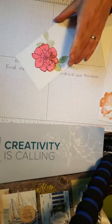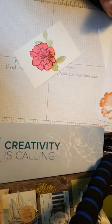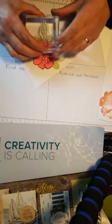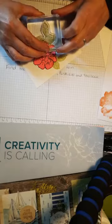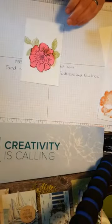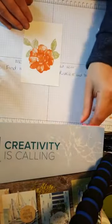Slightly wrong, but hey. The one thing with a handmade card is people that you send cards to aren't going to go, oh, that's not quite lined up, oh, not quite right. They're just going to absolutely love receiving your card. So I never worry about little errors of a slight misalignment. Did it again there. But don't worry about it, don't stress about it. Crafting's supposed to be enjoyable for everybody. Now I can take off my little